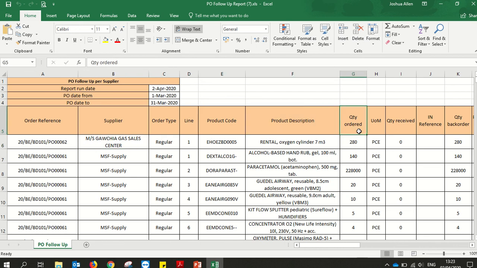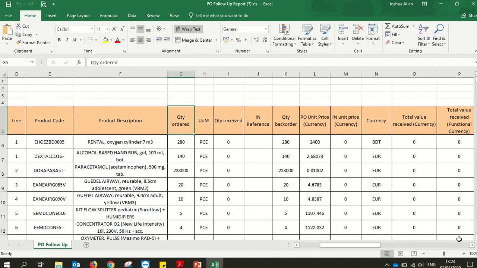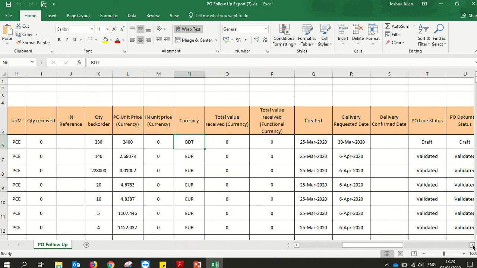And then starting in column G, you'll get information on the quantities. So the quantity ordered, so far we haven't received any. The quantity received in this column. If there's been a reception, it'll indicate here in the incoming reference, and then here will indicate the quantity back ordered. So because we haven't received any, the back order quantity matches the quantity ordered at this point. And then it has the price per unit in the local currency. And if we continue,